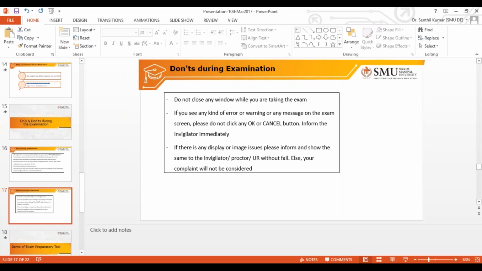Please don't do that. Inform the invigilator immediately. He will provide you the guidance on how to go about it further. And if you have any other questions, whether you have wrong information on the screen or an issue with the invigilator, whatever it is,